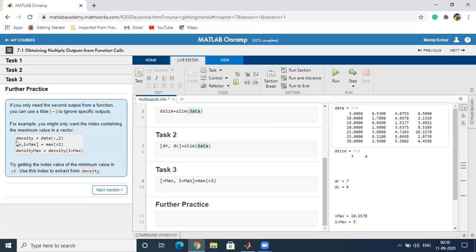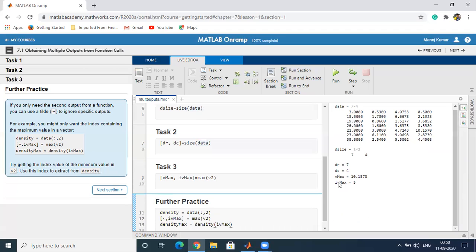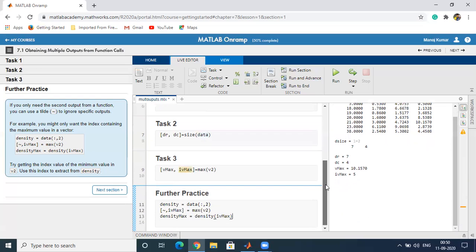We can also get its maximum value just by using that index of the matrix. For example, we will copy it and paste here. So what will be the output?